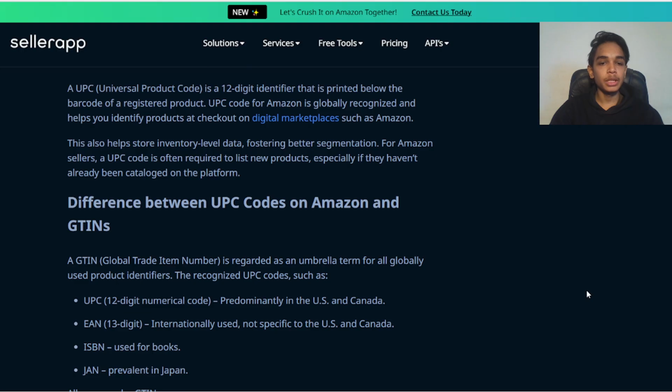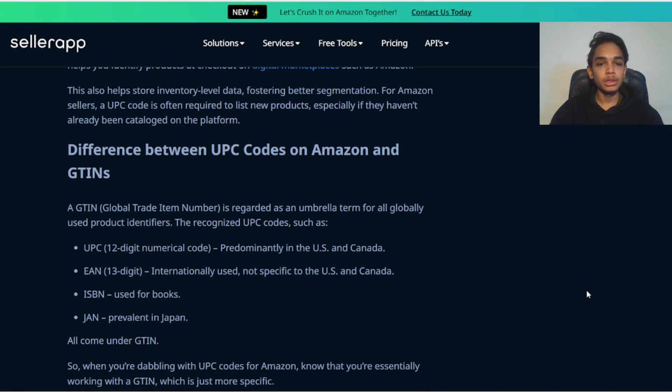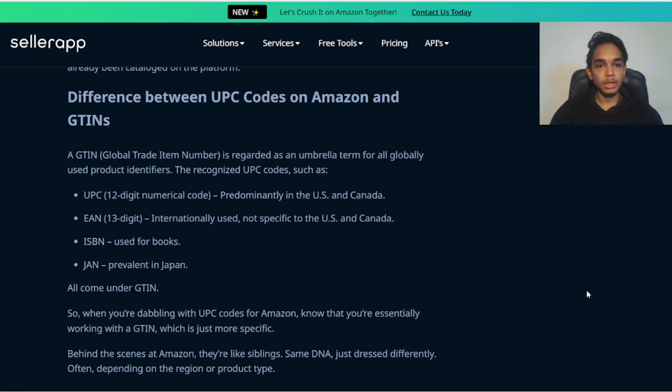Difference between UPC codes on Amazon and GTINs. GTIN, Global Trade Item Number, is regarded as an umbrella term for all globally used product identifiers. The recognized ones include UPC, a 12-digit numerical code predominantly used in the US and Canada; EAN, a 13-digit code used internationally, not specific to the US and Canada; ISBN, used for books; and JAN, prevalent in Japan.